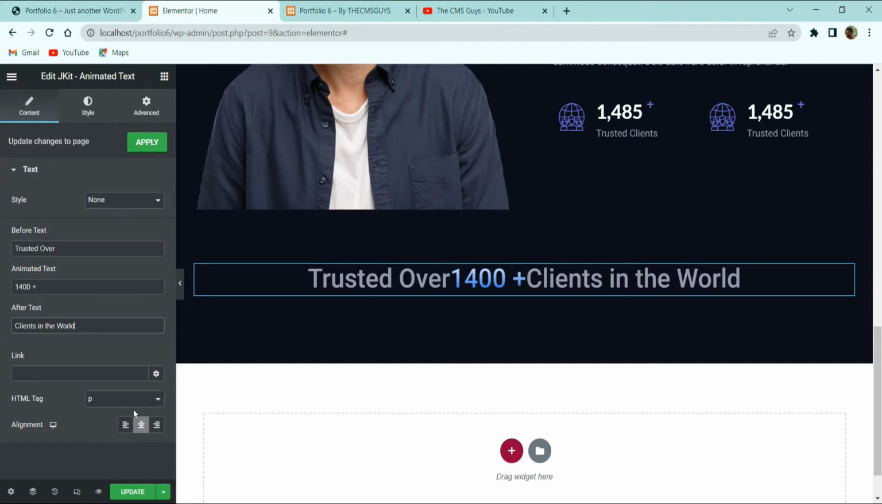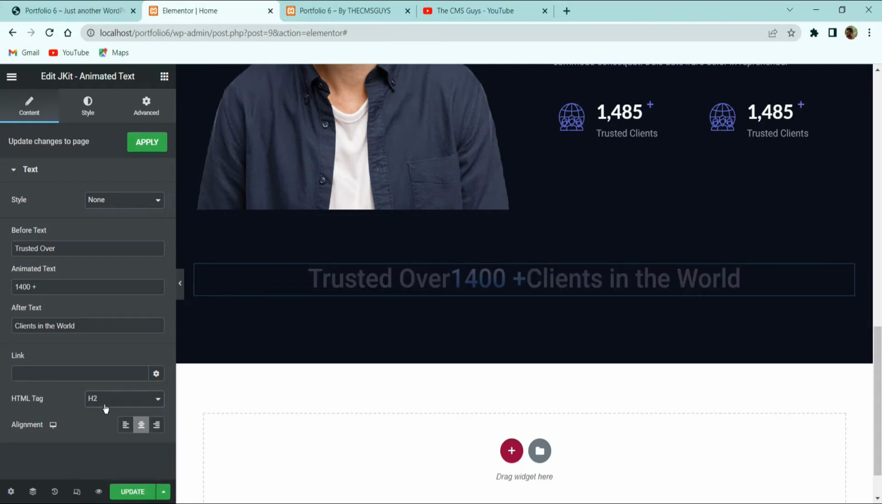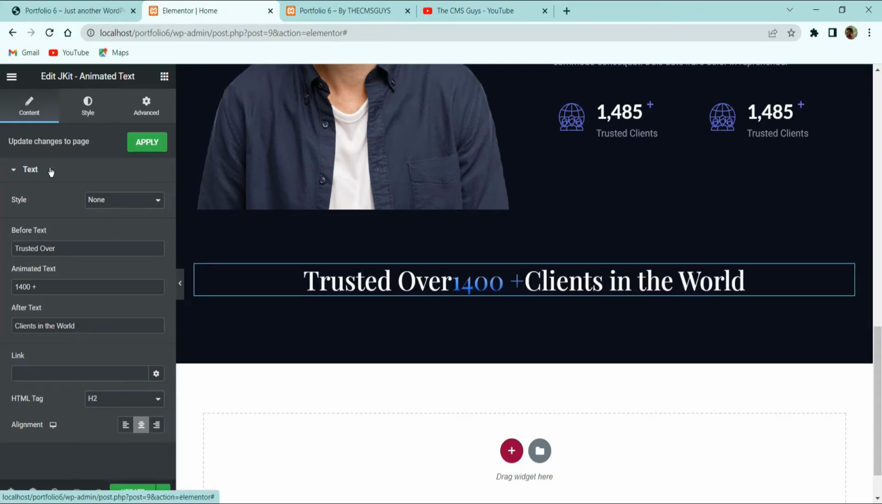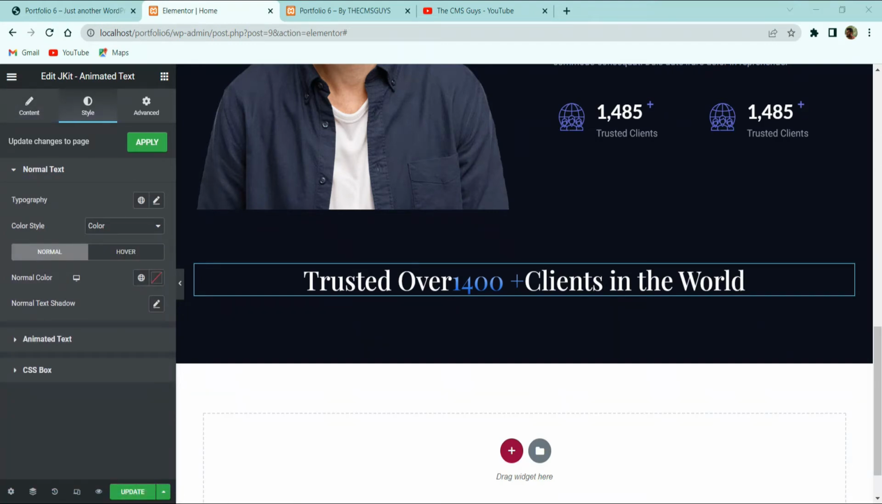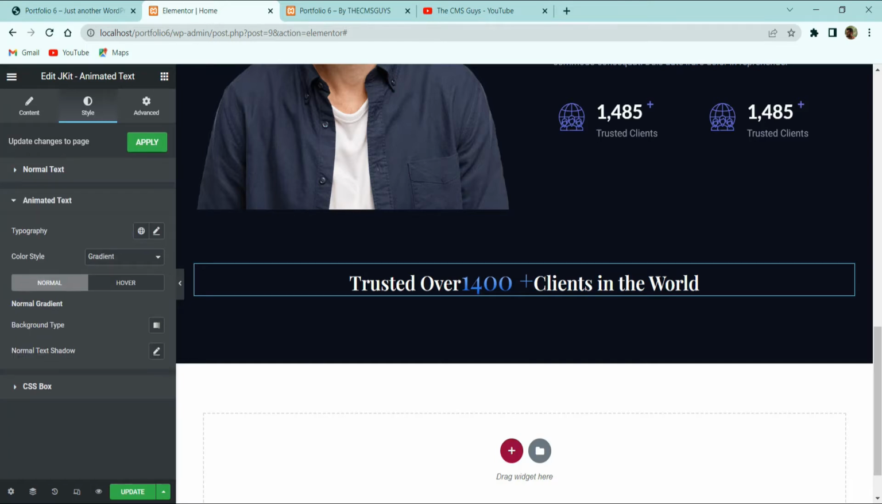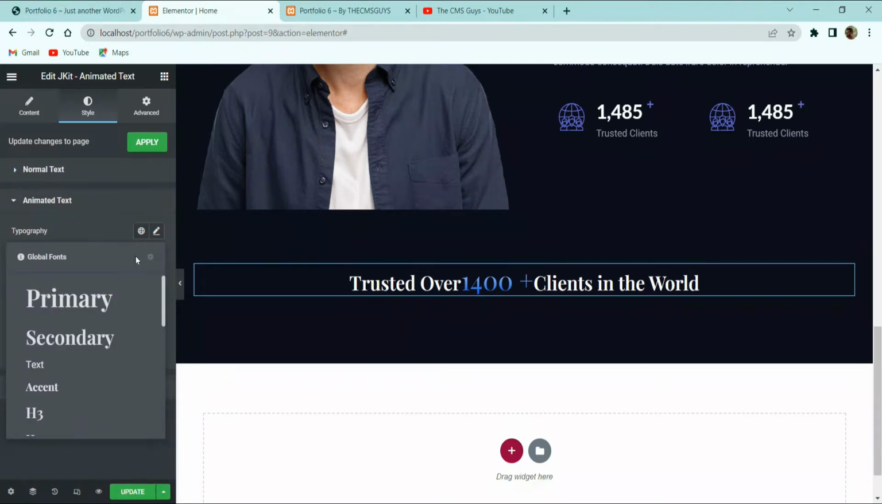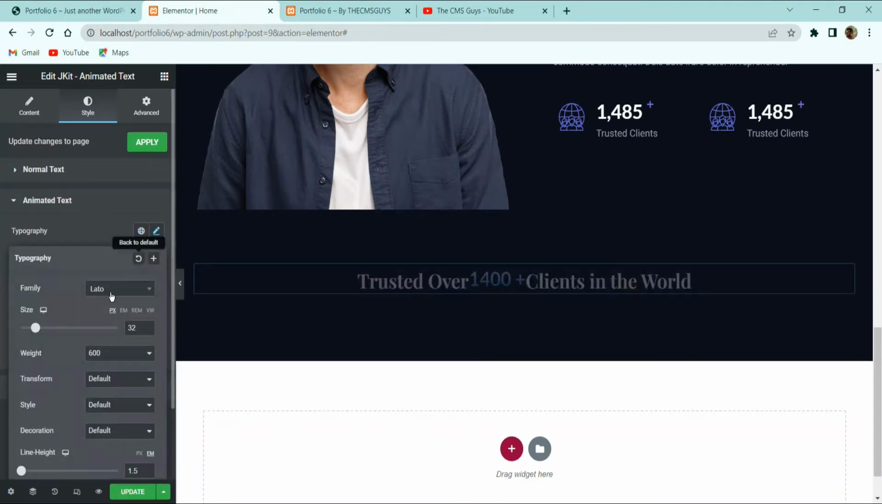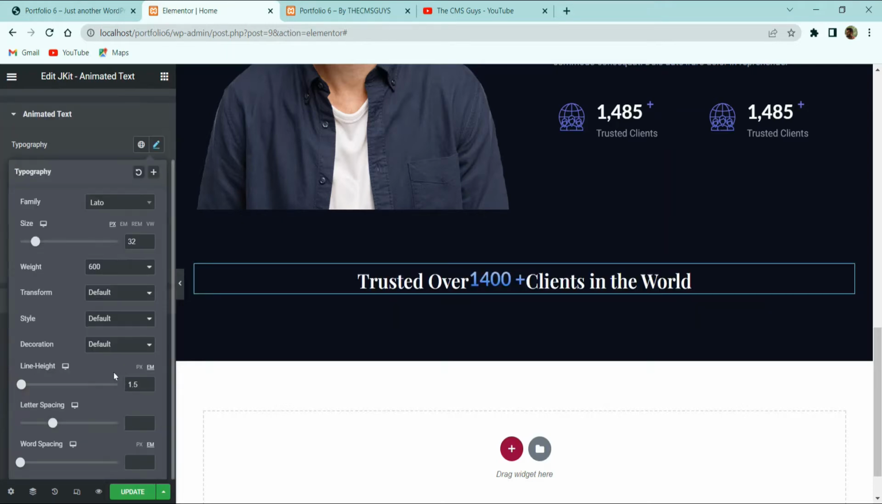Then alignment, you can set the HTML tag, let's set it as h2. Now let's move to the style tab and customize it. First of all, for normal text typography, I want to set it as secondary, and then normal text color, let it be primary. Now let's move to the animated text, and for animated text typography, I want to set it as fun fact, this one, which is this Lato, font size 32 and font weight 600 and line height